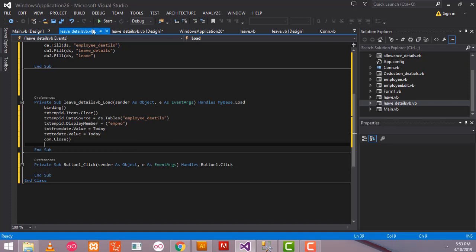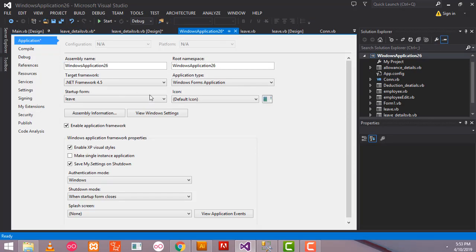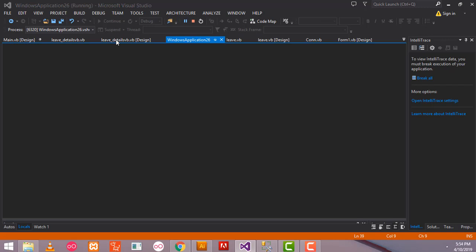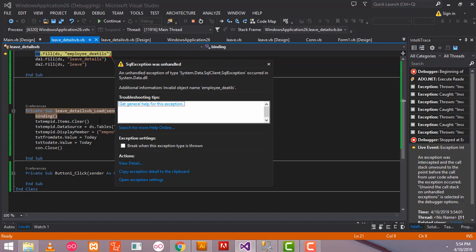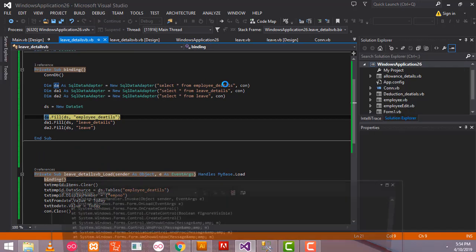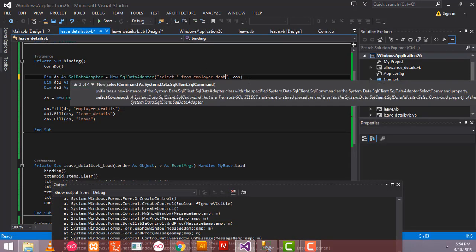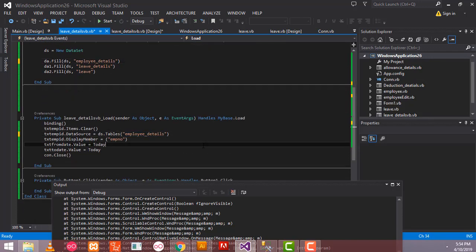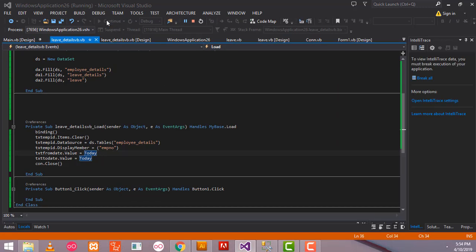Now let's execute the program and check. So project, here we have to select the form as this one. What was the error? Employee details. Here I wrote the table name wrong. That's wrong. Here we have to write it as employee details. Copy the same name. Right. Now we can fill out